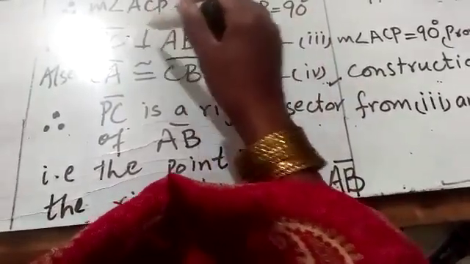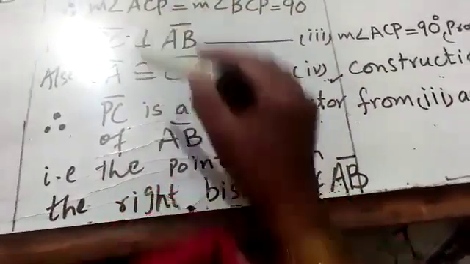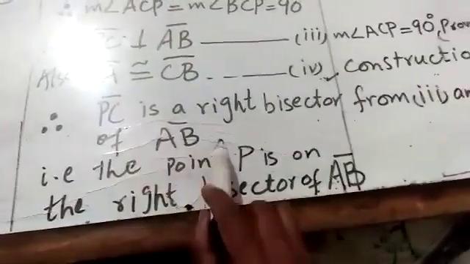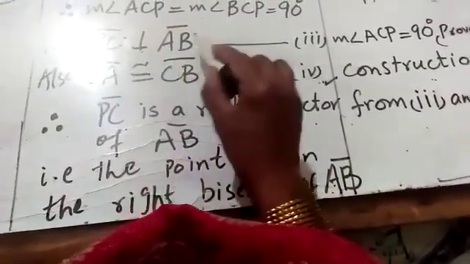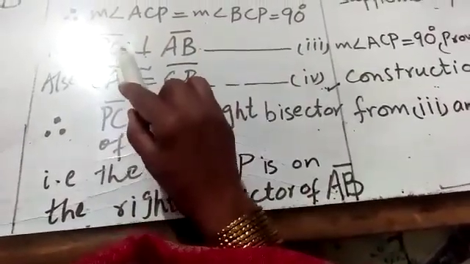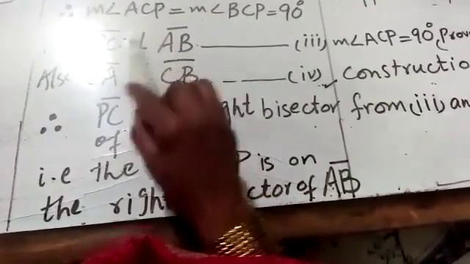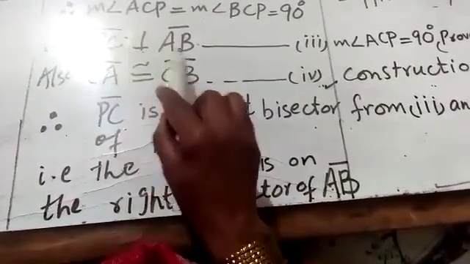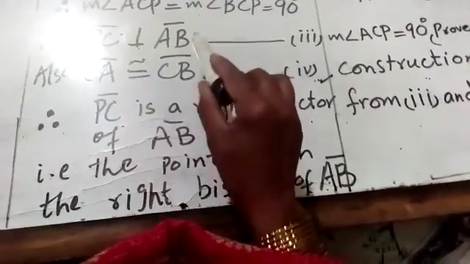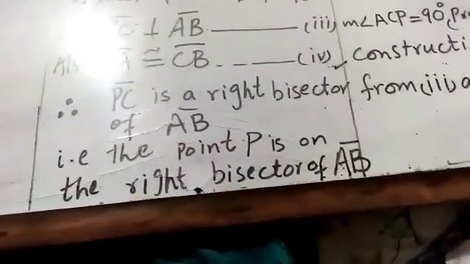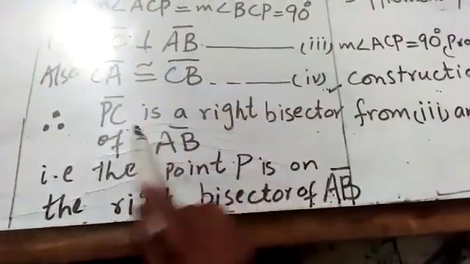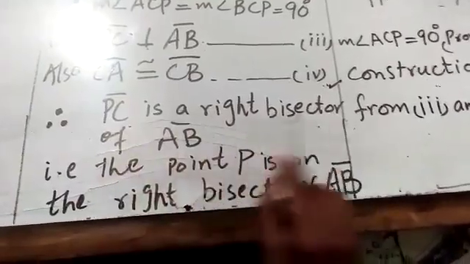This PC is not only a perpendicular, it is also a right bisector of AB. This is a right bisector of AB because it passes through the midpoint of AB and makes an angle of 90 degrees with AB. So for these two reasons we can say PC is a right bisector of